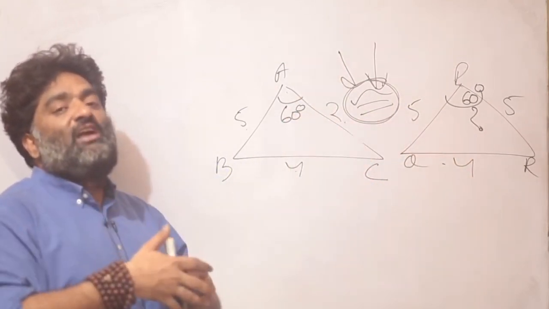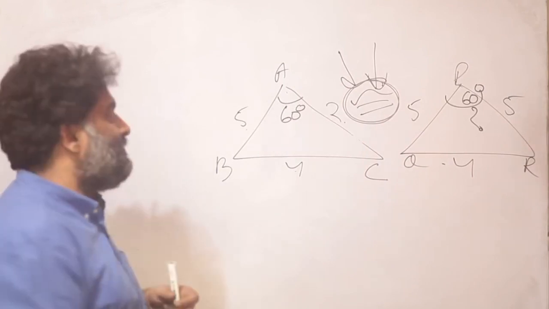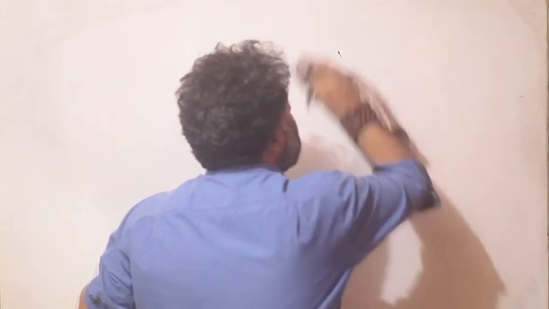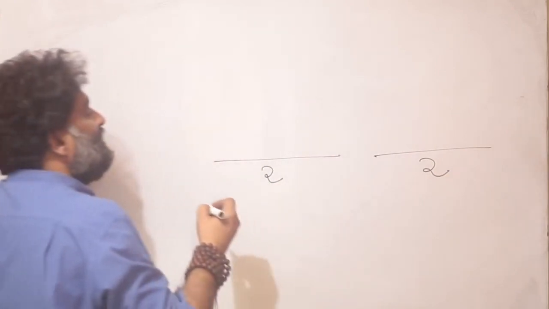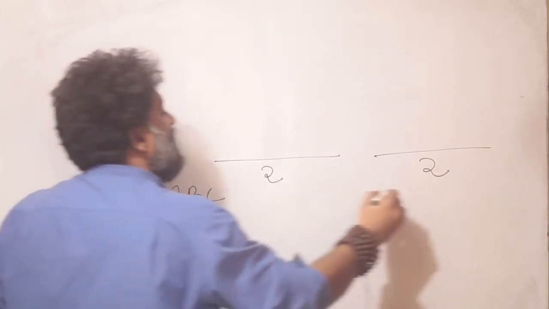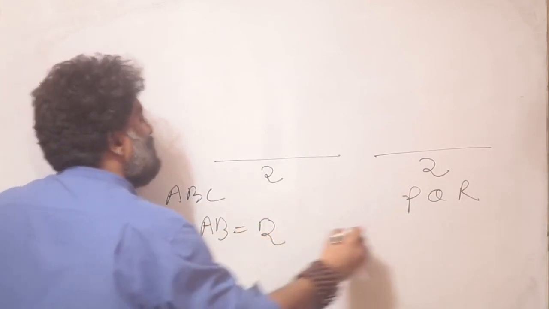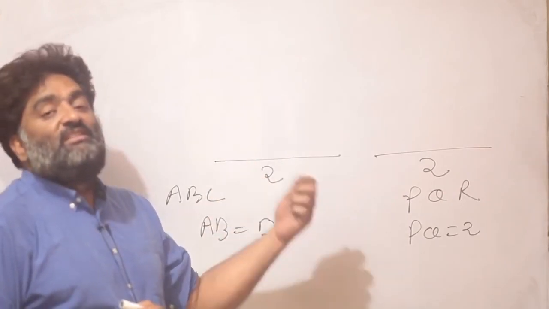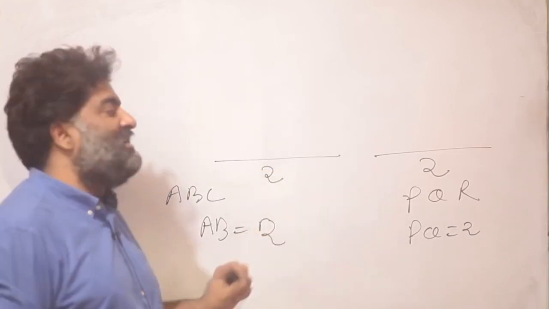So what is required to prove that the two triangles are congruent to each other, or what minimum information is required? So let's go step by step. Let's not go for these 6 values. Let me just give you one value. I tell you that there are two triangles. One of their sides is 2. There is a triangle ABC and a triangle PQR, and I will say AB is equal to 2 and PQ is also equal to 2. This is the only information given to us, that one side of these two triangles are equal, and the unit is also given, though that is not very important.